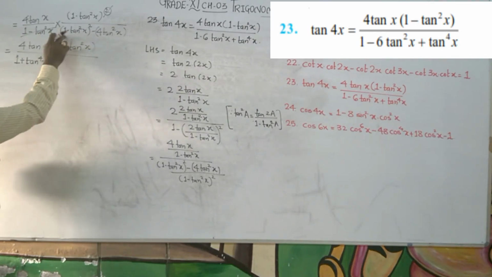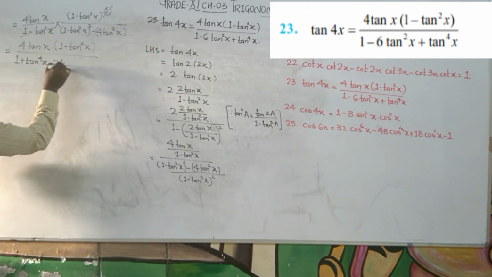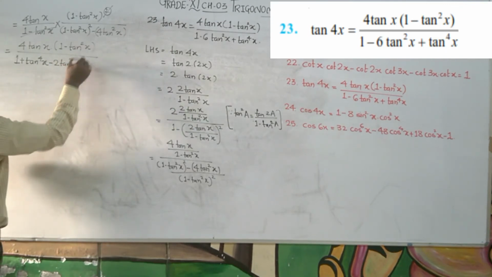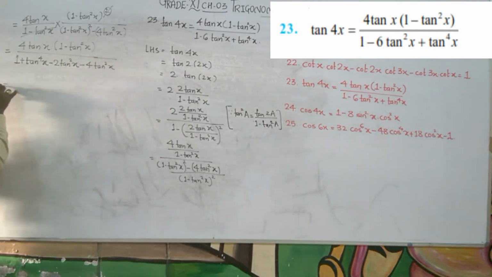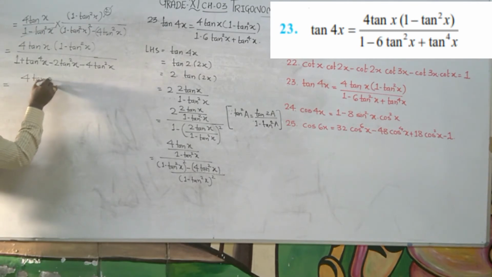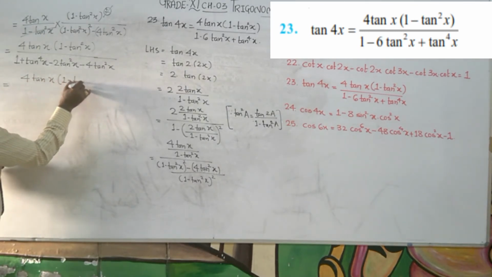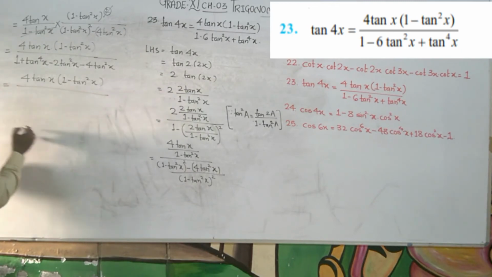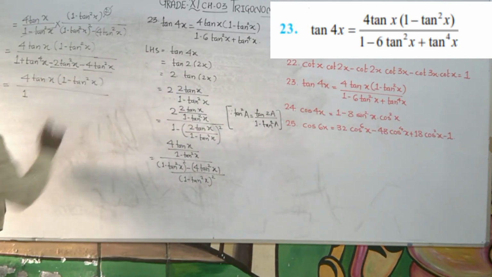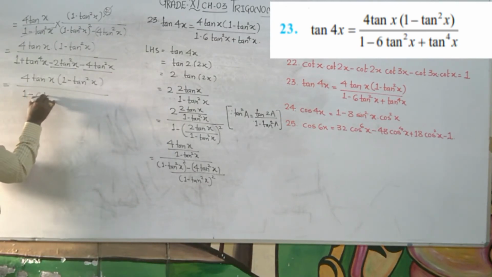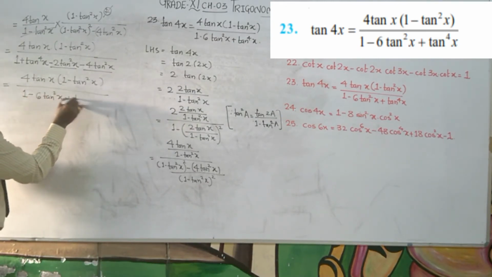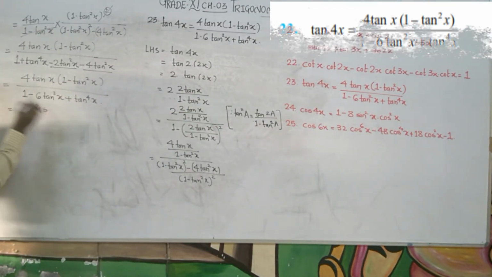And then minus of 2 into first term into second term, that is 2 into tan square x, then minus this bracket we can open directly, that is 4 tan square x. Very easy to identify what it can be, that is numerator as it is and denominator this one as it is. Now here it is minus and here it is also minus and the like terms, so both will be added, so it will become minus 6 tan square x plus tan raised to 4x, which is your required RHS.